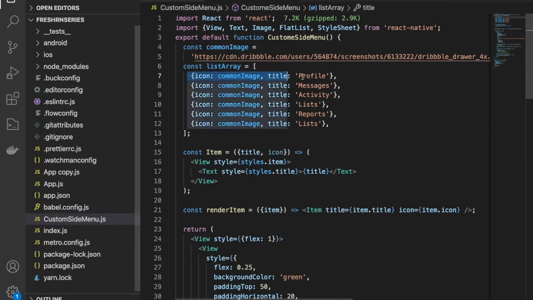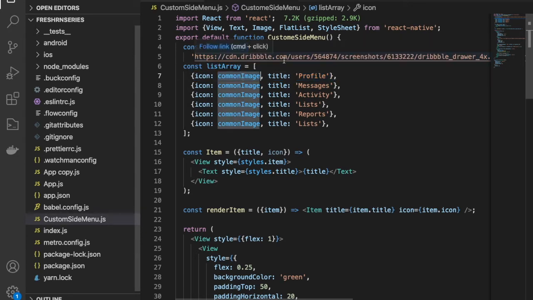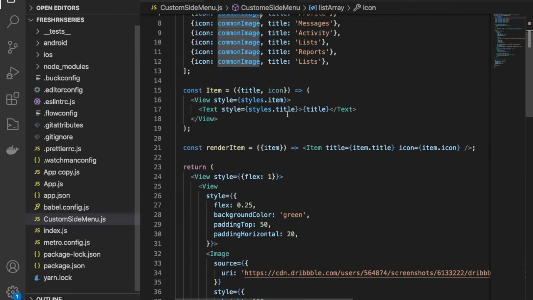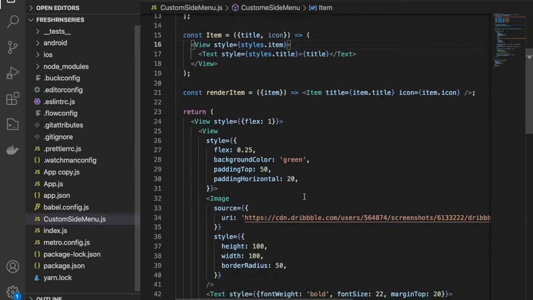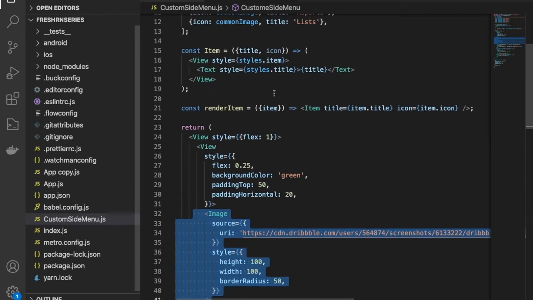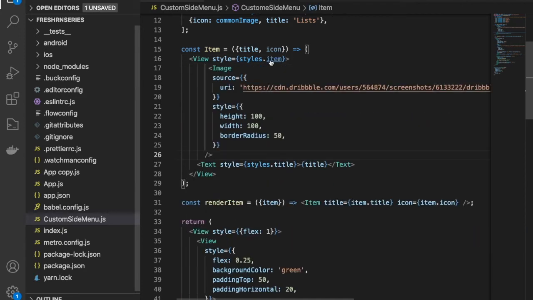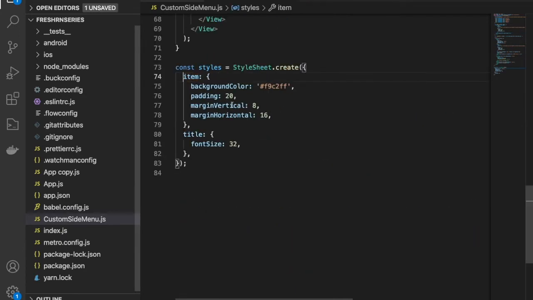In this we have multiple items, and each has an icon and title. Every icon is basically containing a common image, which is this image. So I'm going to use this image as well. Let me copy this image and use it here, and we have this styles image.